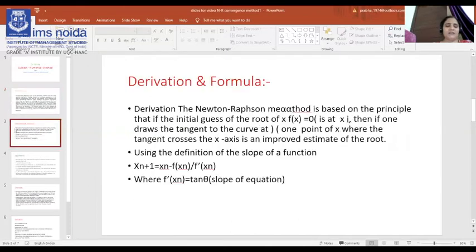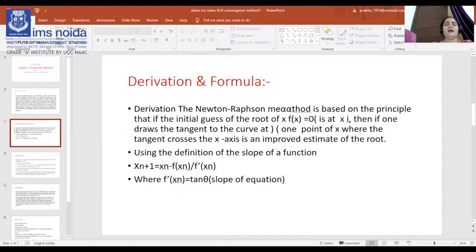All methods are iterative methods because in each iteration you have to do some work. You have to do some calculations using your calculator. So what is the formula of Newton-Raphson method? This is the function that is given in the question. You have to assume a root, following two roots with fa into fb less than 0.